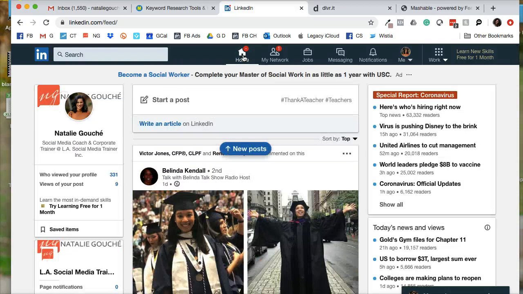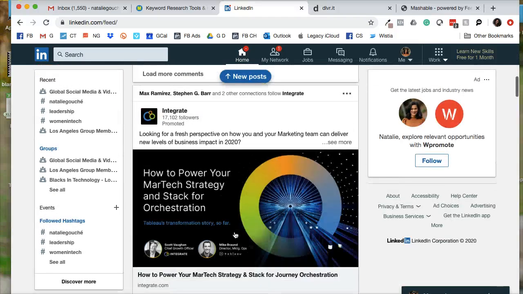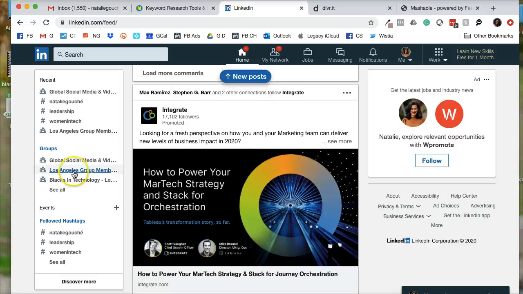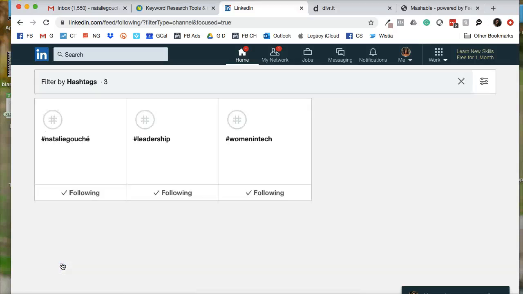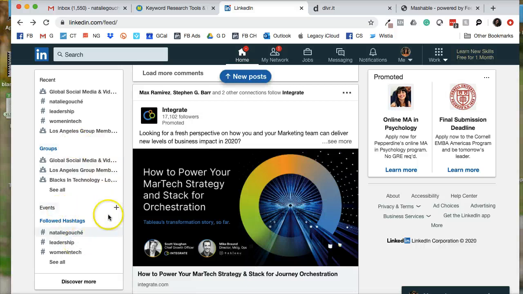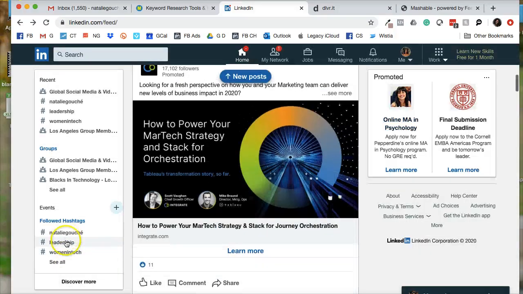You do need to go through here, like, comment, and respond to other people's content as it's relevant to you. Oh, and one last thing is you can follow hashtags. So I follow hashtags. Obviously, I follow my name, leadership, women in tech. Let's see what some of the other hashtags I follow are. Okay, so those are the only ones that I do, but you can follow more. So if you log in, go to the left-hand side, you can... okay, so we're not clicking on events. Let's do